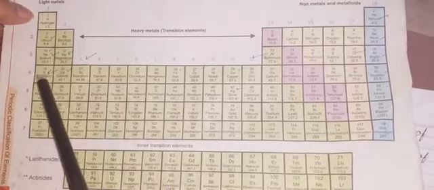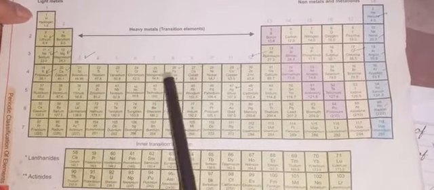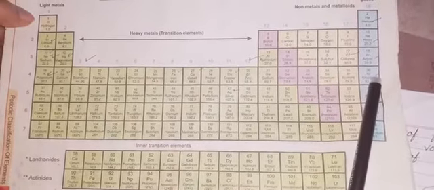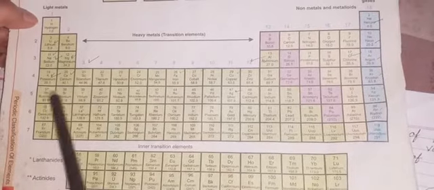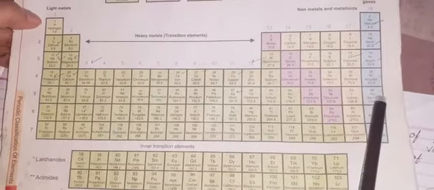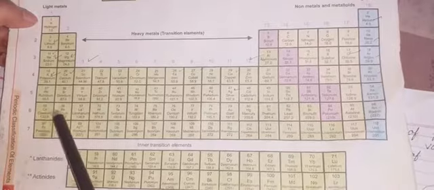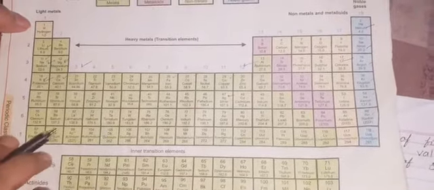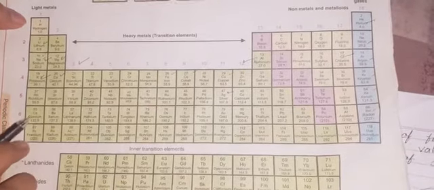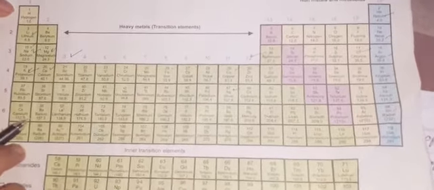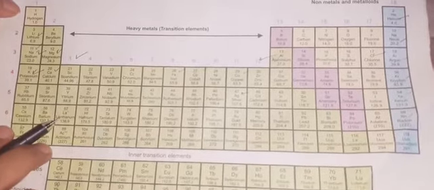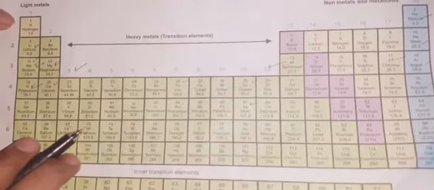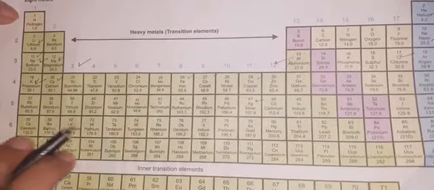In the fourth period, 1 2 3 4 5 6 7 8 9 10 11 12 13 14 15 16 17 18, right children? Similarly, in the fifth period there are 18 elements. But if you are talking about the sixth and seventh periods, then you will see the star mark here. See, the atomic number of cesium is 55, barium is 56, lanthanum is 57. After this, 72, hafnium 72. So where are the elements between these?